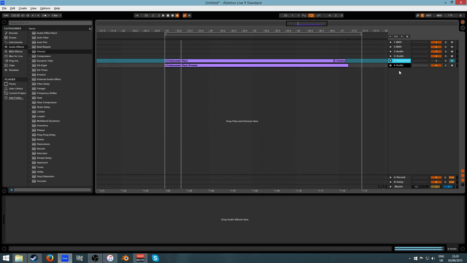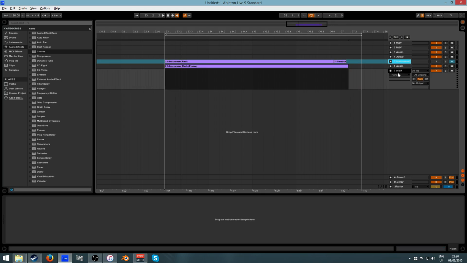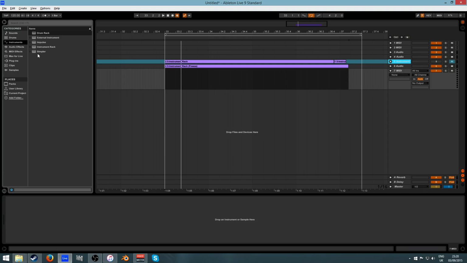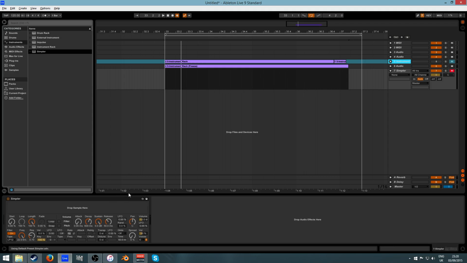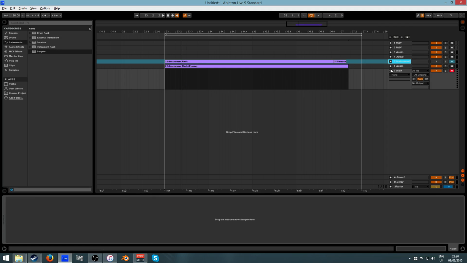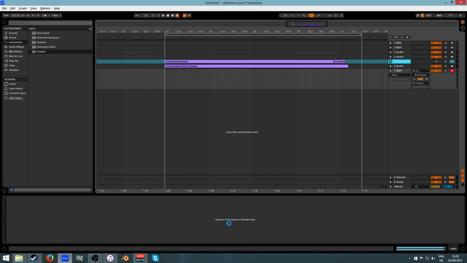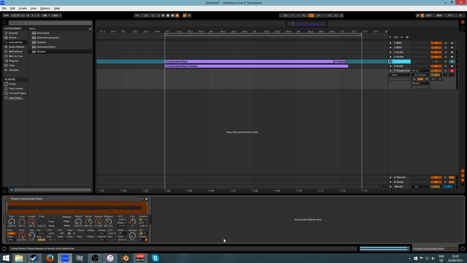What I'm thinking to do now is put this into Simpler, and that's my next favorite instrument. It's so simple. You don't even need this actually. All you have to do is go to create a MIDI track. So I did that with Control Shift T, and you drag the clip over onto the audio effects here, and